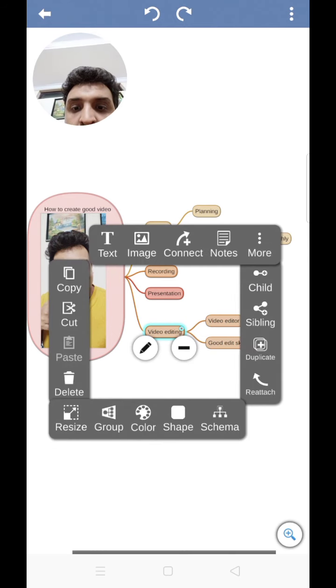Now here at the bottom you have group, and again color scheme. You can change the colors and the design of this particular map from here, right? And if you want to add a duplicate of any of the items, you can click on duplicate. If you want to copy the same text and paste it into another cell, you can do it from here. So mostly it's quite easy, though it looks a little complex, but it's easy.